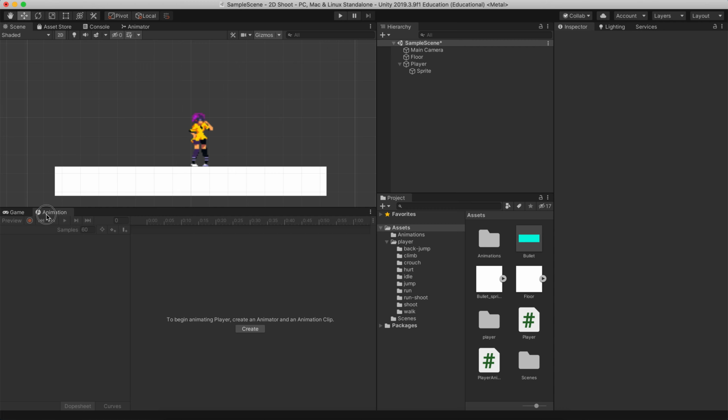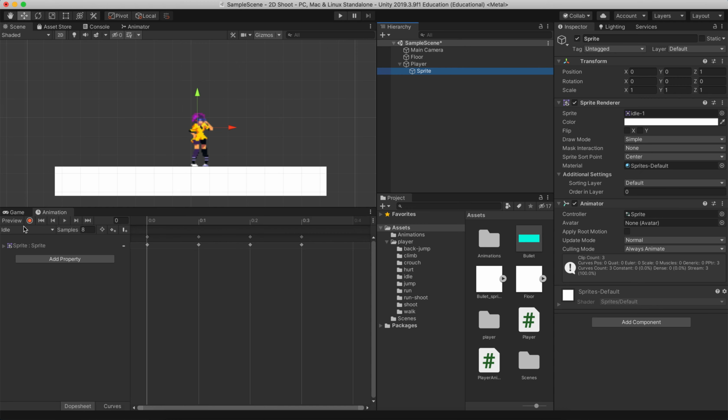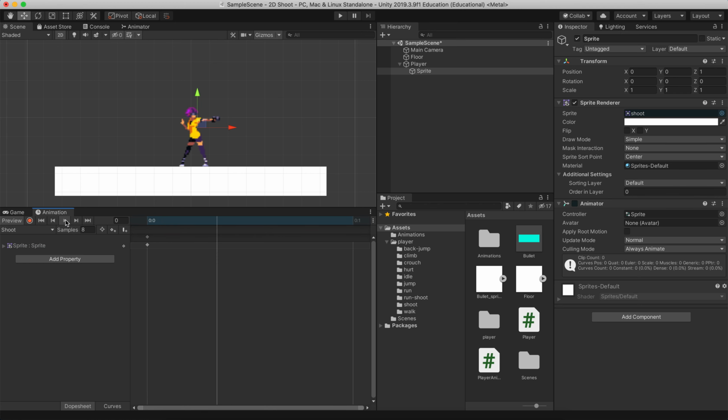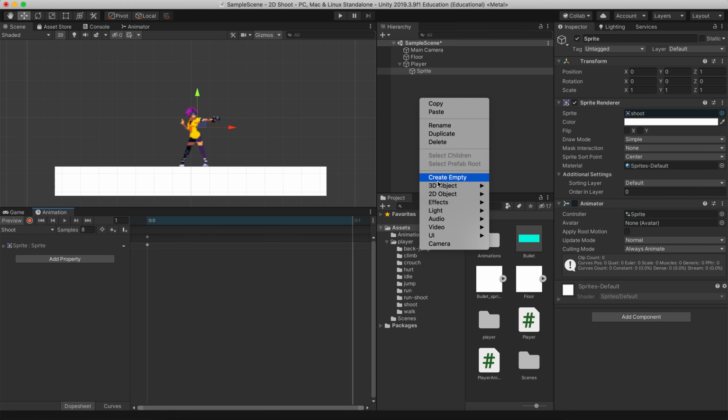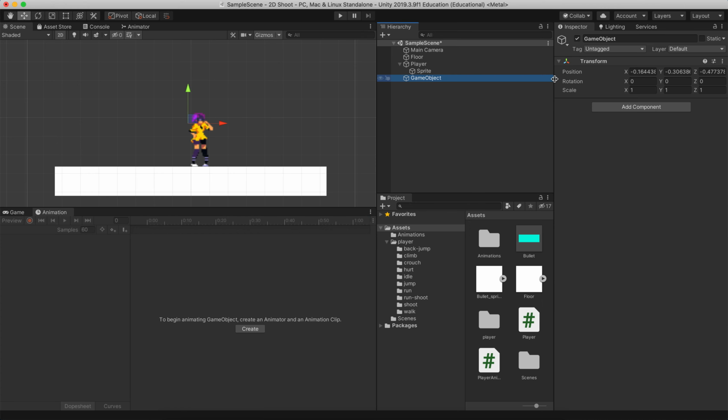So again, I'm going to click on animations or click on sprite, animation, go to shoot, press play, and as we can see, if we pause that, we can see it's right along this line here. So if we use these grids as a guide, 2 blocks in, around there. So what we're going to do is right click, go create empty, and I'm going to call this empty fire